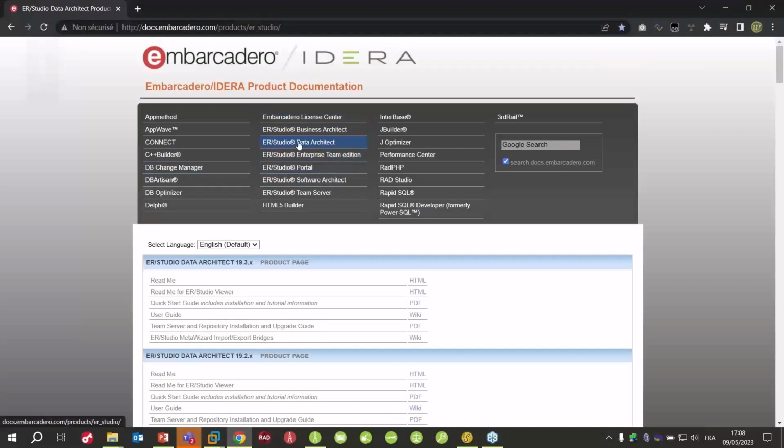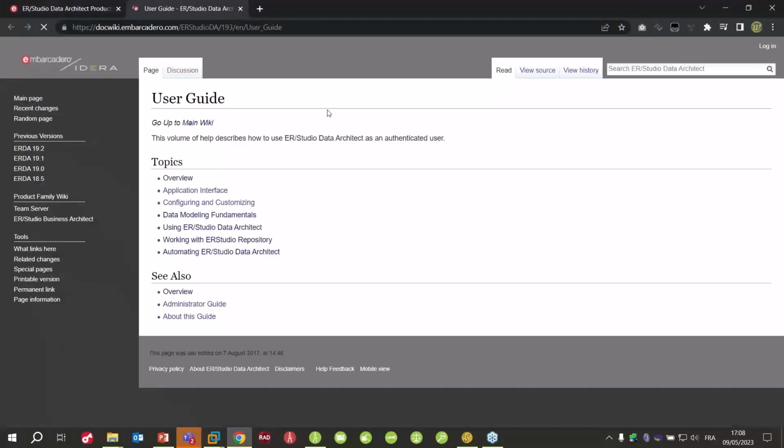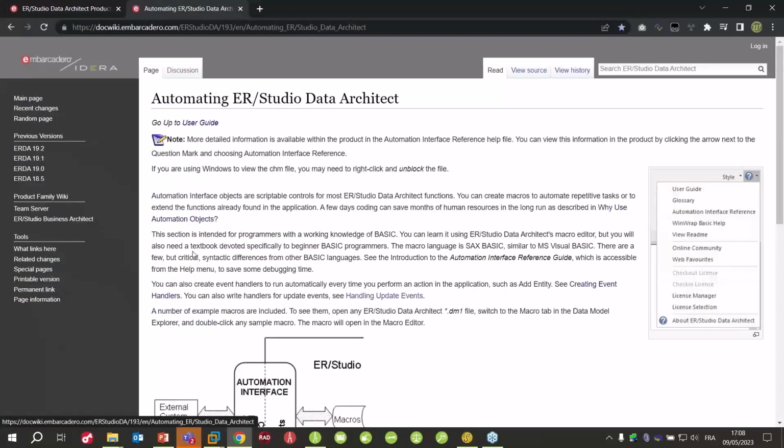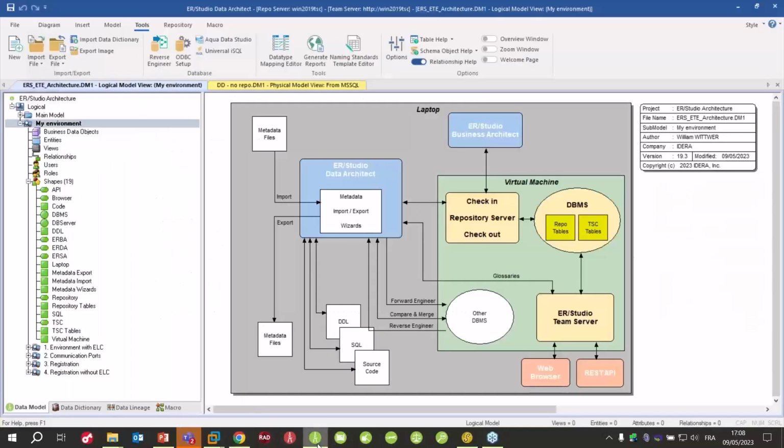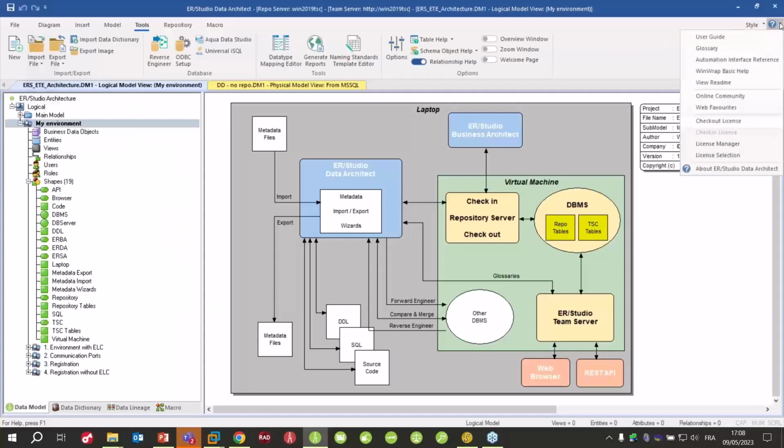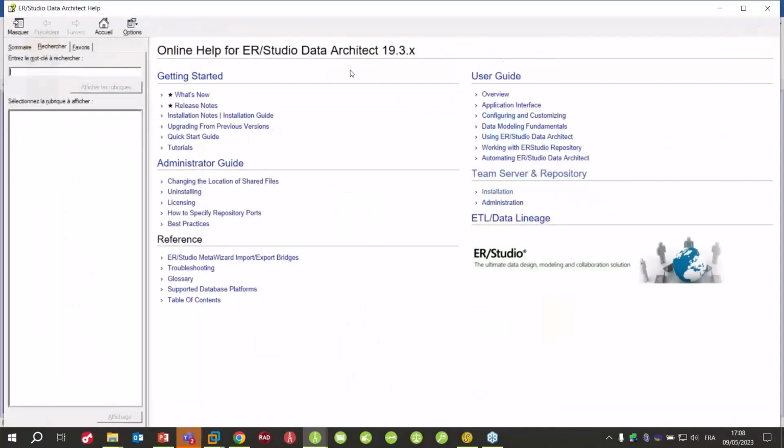My Data Architect documentation, I can find it on the web. Here you can find your documentation, and you will see, for example, automating RStudio Data Architect. I can also find it directly in the solution. So if I go here and on the upper right, I can see user guide, and I will have the